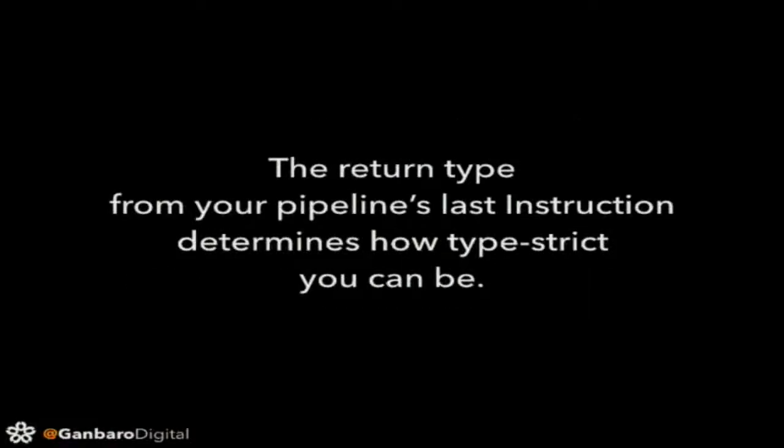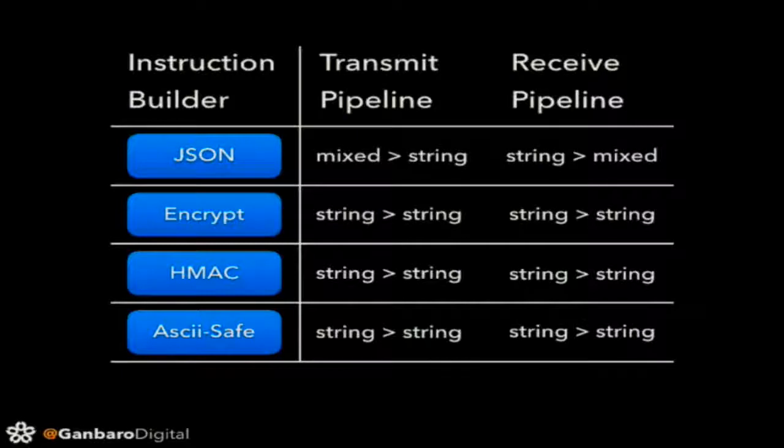And it's your return, sorry, let me take a step back. I showed you how the next instruction works, the container, how the call stack builds up, and how the return value has to flow back through everything. And that is the main limitation with this style of pipeline, because it's returning whatever the last instruction on the pipeline decided was going to be the output type. And if we turn that into a table to try and show what I mean,